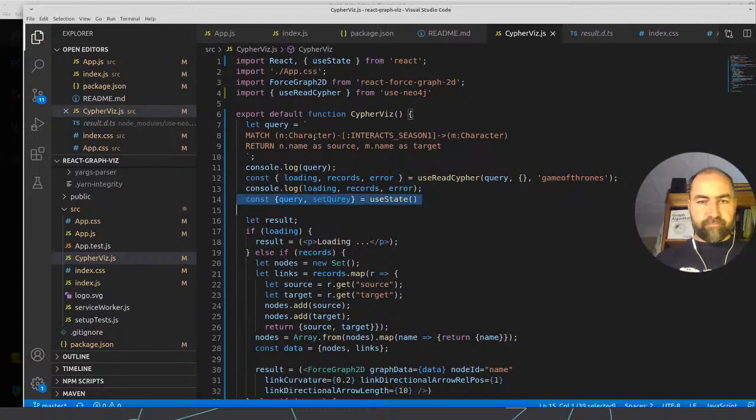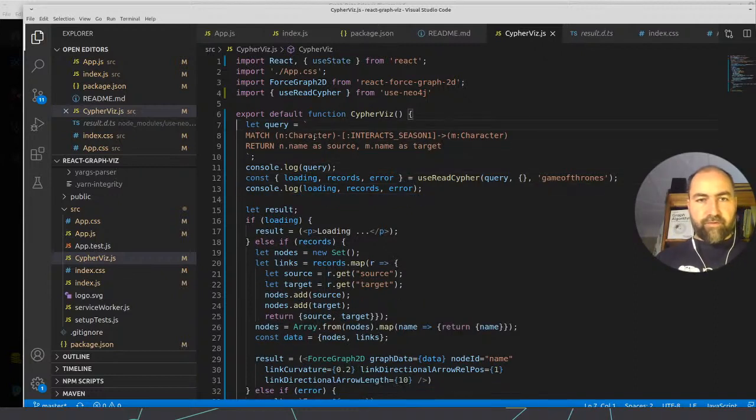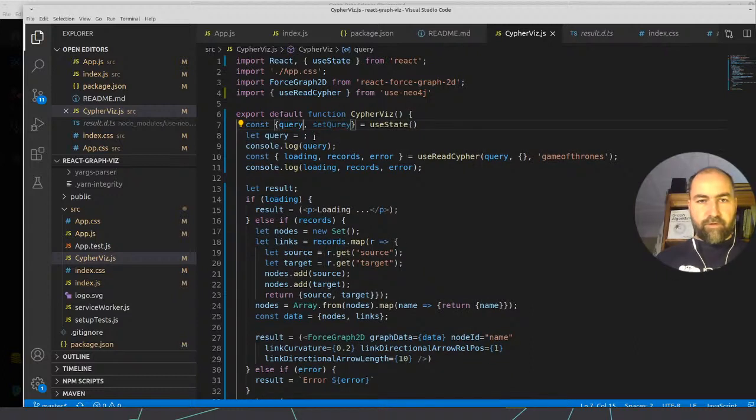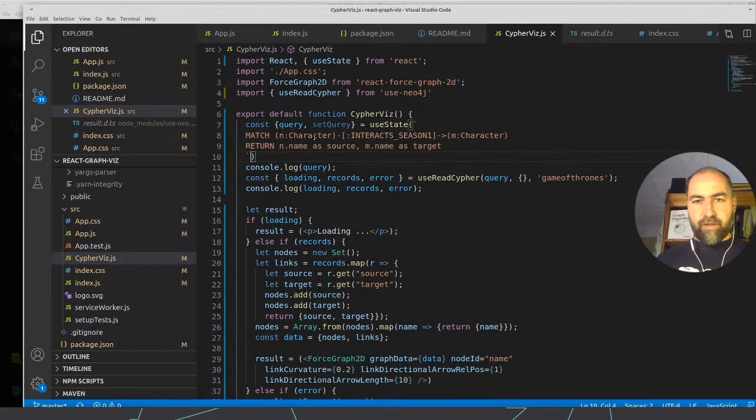Okay, I think I can do this. Let's see. So we just pass this to use state, which is our default value. So that's React hooks for state handling. Set query. So, and the question is, do I have to use here then query, or is it, I think it's const,